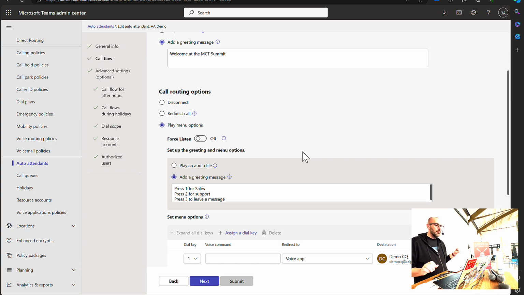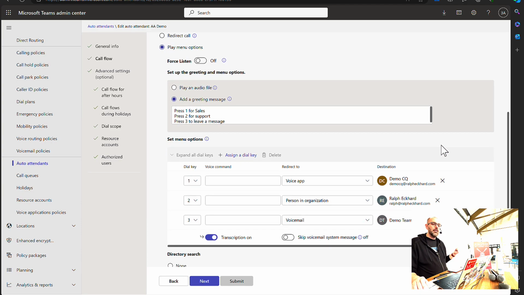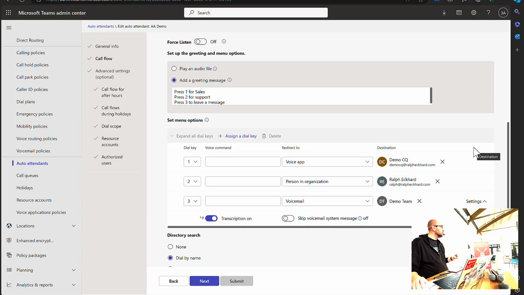With the IVR option, the menu options, you decide where that call gets redirected based on the input from the user, from the person calling. So apart from setting up that message, press 1 for this, press 2 for this, you need to set up, okay, where will we redirect this call if someone presses that 1 or that 2 or that 3? In this case, for 1, for sales, I redirect to a call queue. We will look at call queues a bit later on. For 2, I can redirect basically to anyone in the organization, directly to that single user. And for 3, I redirect to a voicemail.